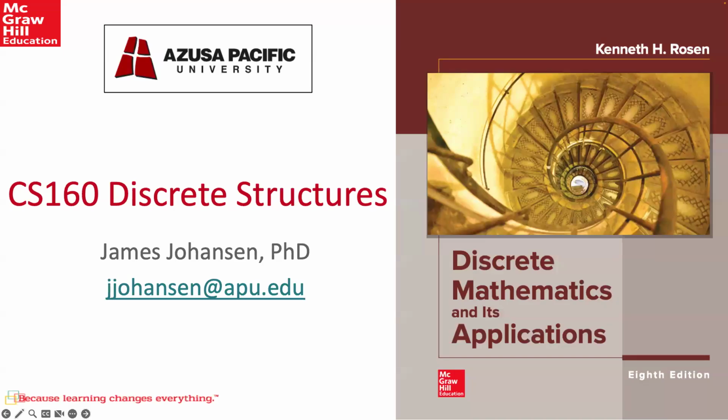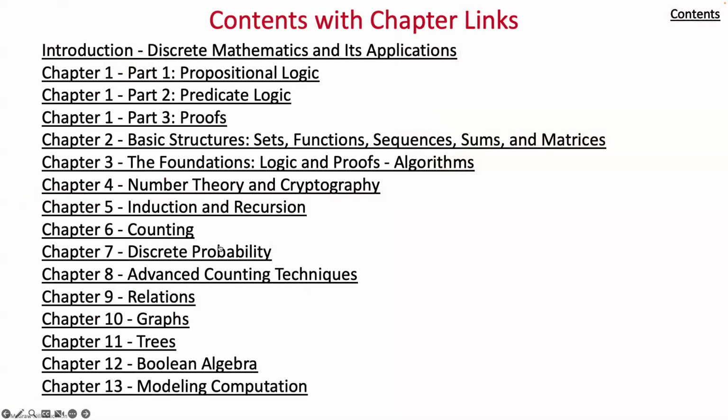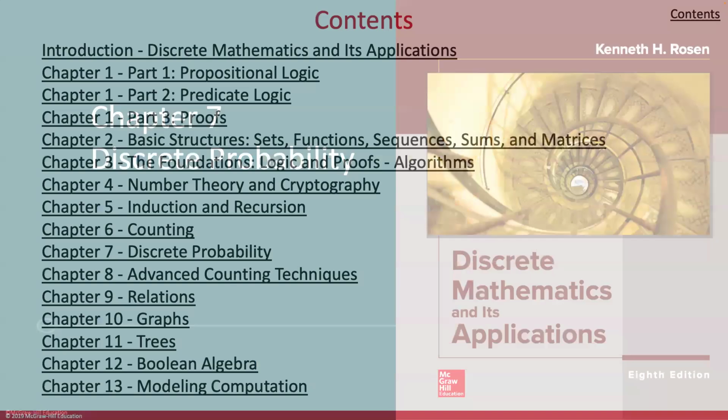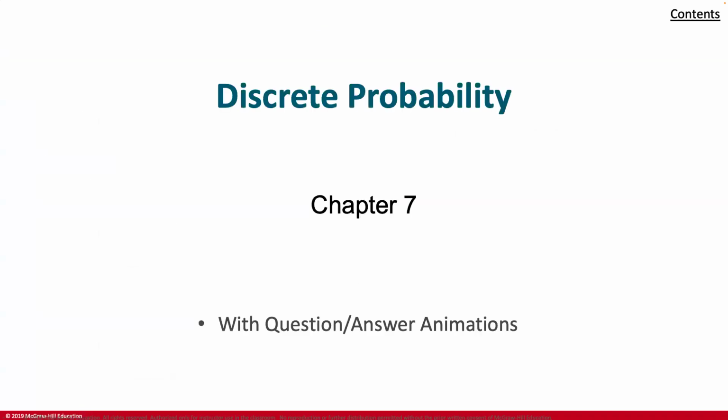Well, welcome back to our class on discrete mathematics. As we're looking at discrete structures, mostly a focus on computer science, we're continuing to make some good progress as we go through Rosen. For this chapter, we're going to be talking about discrete probabilities and get into some useful information there that will help us to characterize some additional things useful in number theory and how we can be applying it for applications,